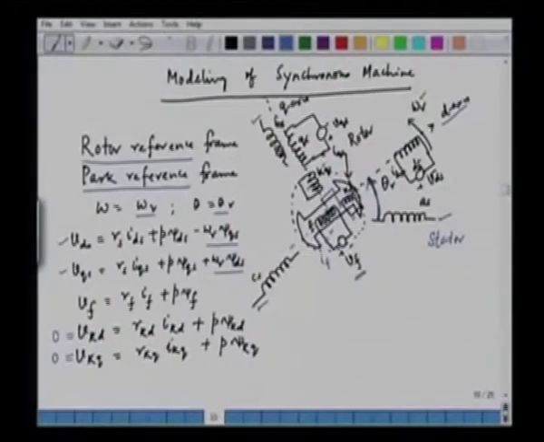Since the reference frame is attached to the rotor, there is no relative velocity between the reference frame and the rotor. Hence the rotor windings do not have any rotationally induced EMF. We can see that there is no rotationally induced EMF in the field winding, the damper winding in the D axis, or the damper winding in the Q axis. We were discussing this in the last lecture, and you know that when we want to transform the actual variables, the physical A, B, C of the stator,